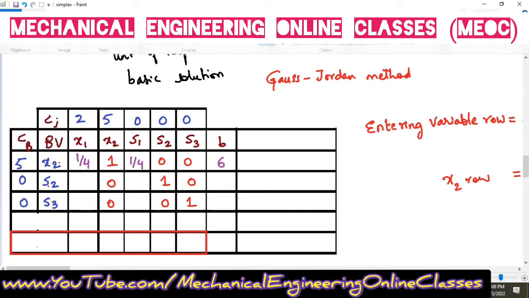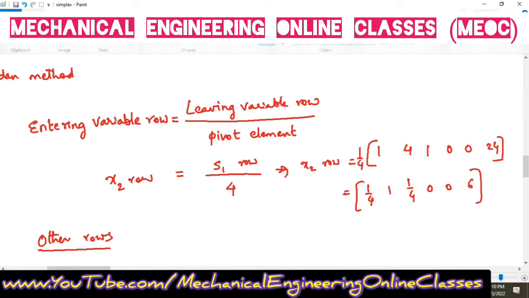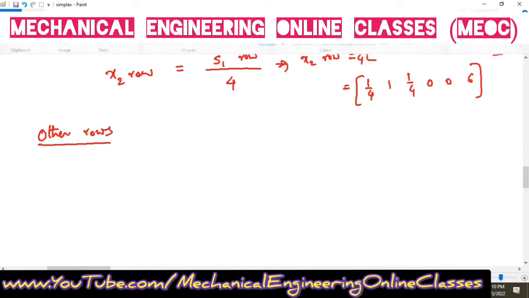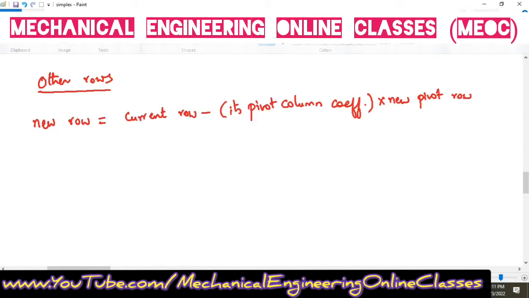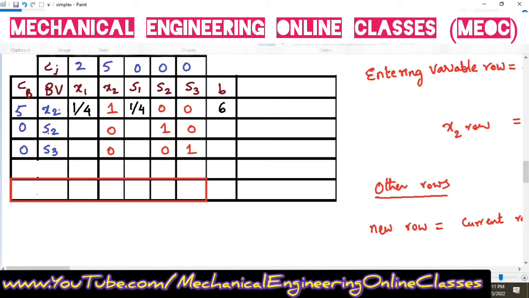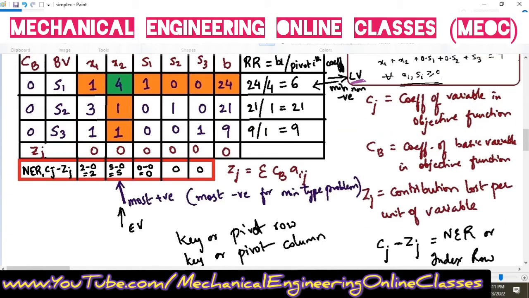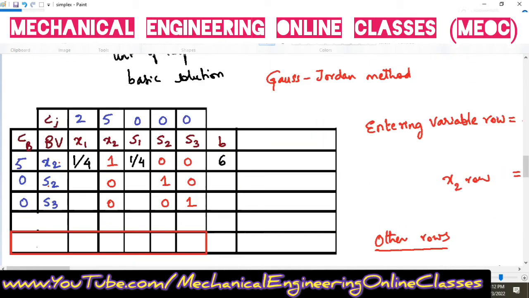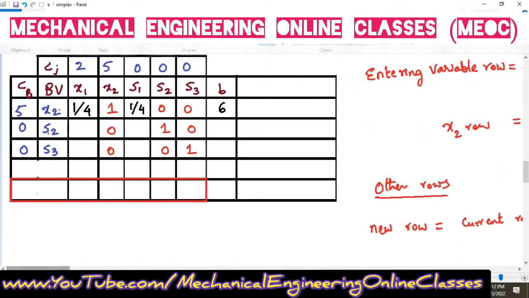Now we have to write the new S2 and S3 rows also. We have already seen how to write the entering variable row. Now we will see how to write the other rows. For other rows, we will find the new row as the current row minus its pivot column coefficient multiplied by the new pivot row. For example, if we want to write the new S2 row, the old S2 row is 3, 1, 0, 1, 0, 21. That is the old one. So if you want to write the new one, then